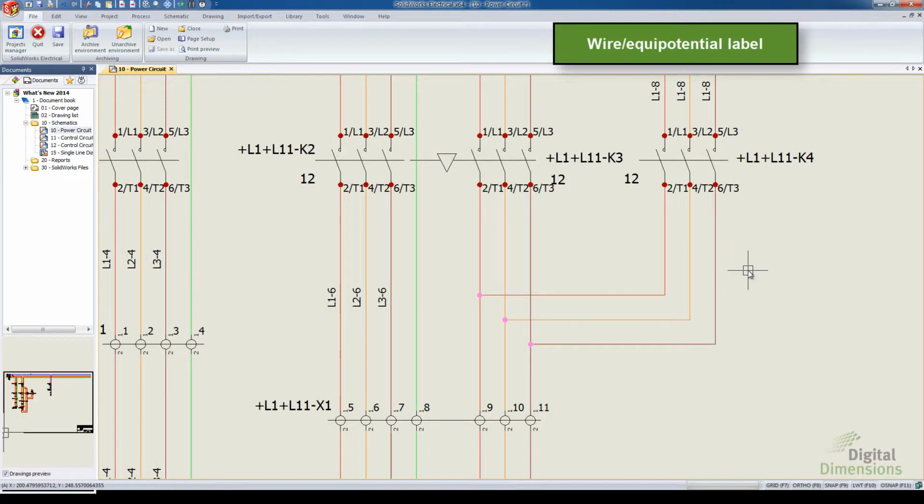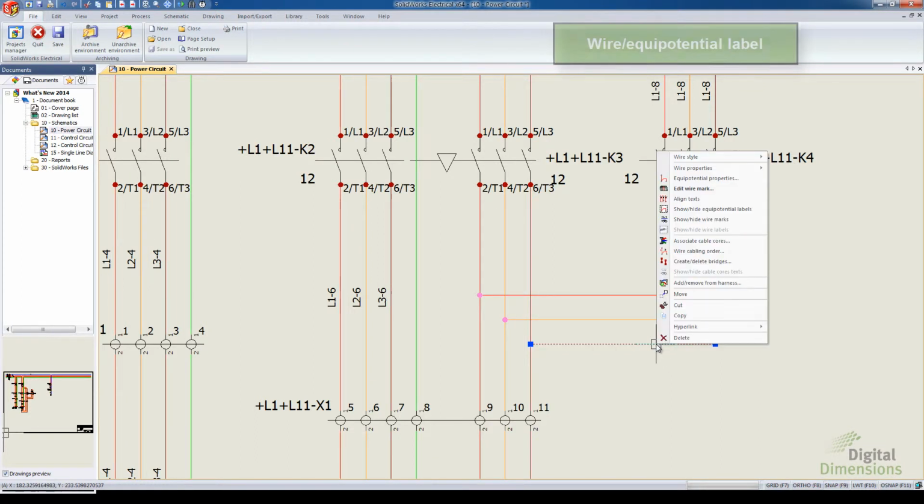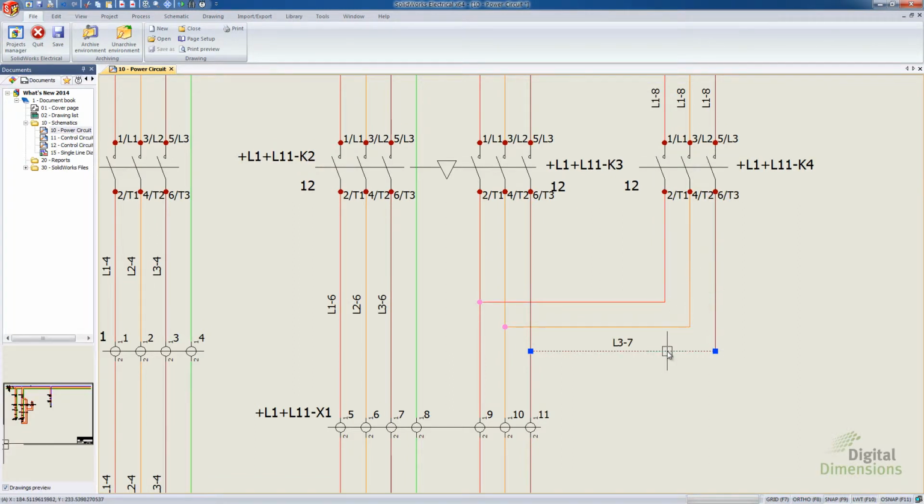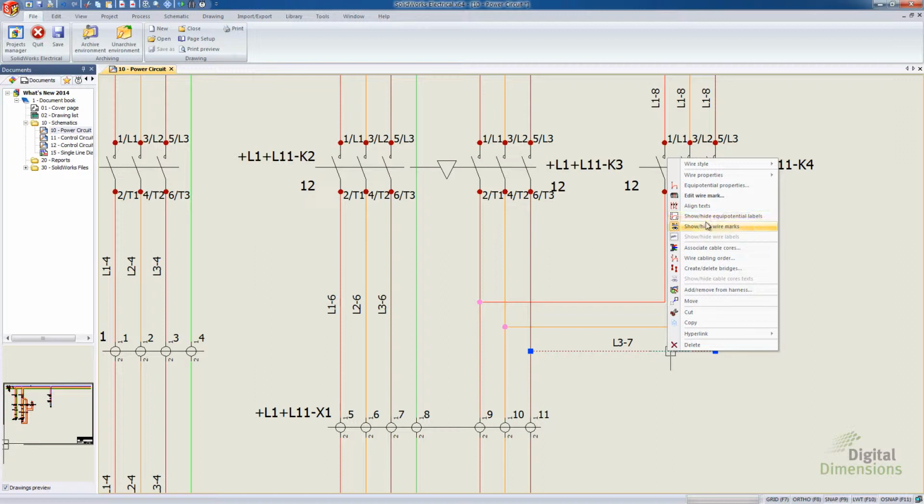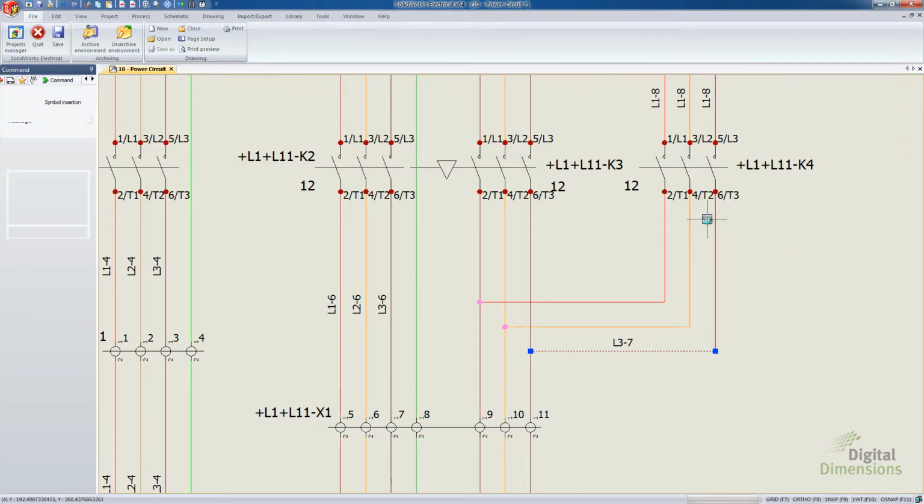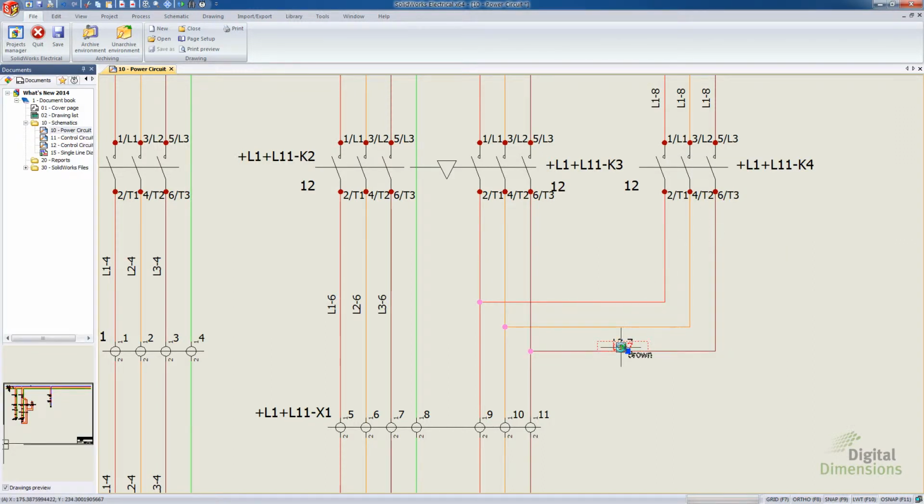This next one is wire/Equipotential label. So if you do a right click over one of the wire segments, and again I'm doing this horizontal one at the bottom, so I have my show hide wire marks, so this is nothing new, so that's still there. But then I also have a show hide Equipotential labels, so I can actually bring those in. It'll bring in the Equipotential label, which in this case happens to be the same as the wire mark,